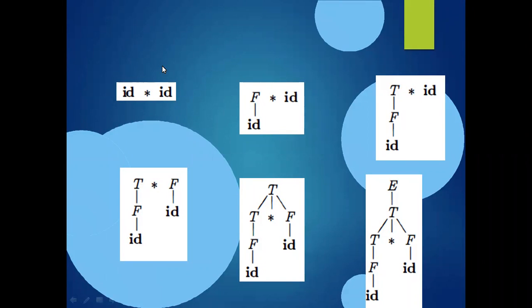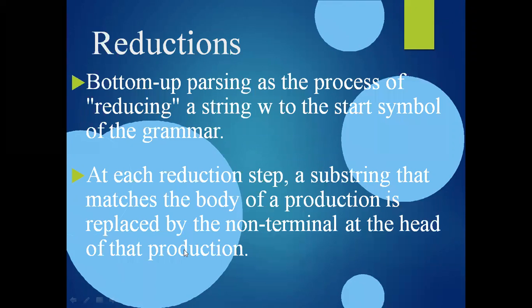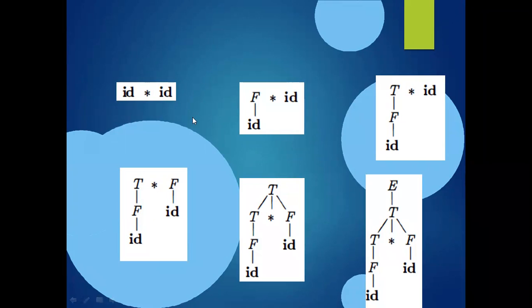And at the side, just make a note, the given grammar is E tends to T, T tends to T star F, T tends to F, F tends to ID. Make a note of that grammar, and from that grammar, by taking the input string like this, we perform the bottom up technique, bottom to up. That means we constructed the bottom up parse tree here, right? Is it clear, all of you?